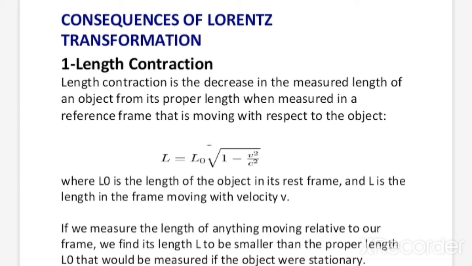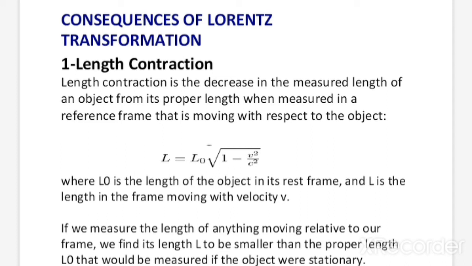Let us consider any object in frame of reference S'. The coordinates of the two ends of that object are suppose x1' and x2'. So x2' minus x1' will give you the actual length of the object, that is represented here by L0, and the coordinates of the object for the observer situated in the frame of reference S are suppose x1 and x2, then x2 minus x1, which is equal to L. Observed length is observed by the observer which is situated in frame of reference S.